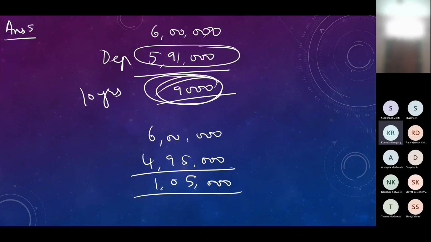1,05,000 will be the value of the equipment at the end of 10 years. So let's see who of this is right. Answer for the fifth one. Now first we'll have to calculate the depreciation for 10 years. So the total depreciation for 10 years will be,